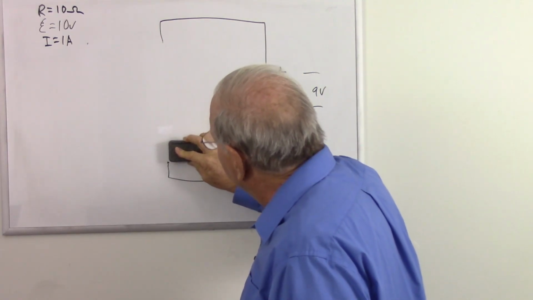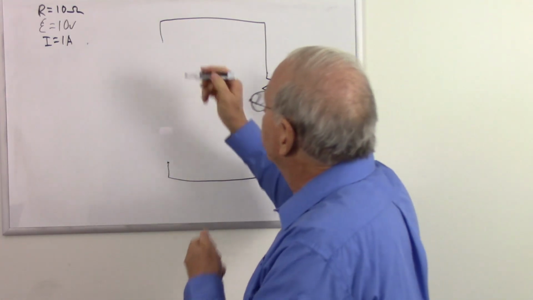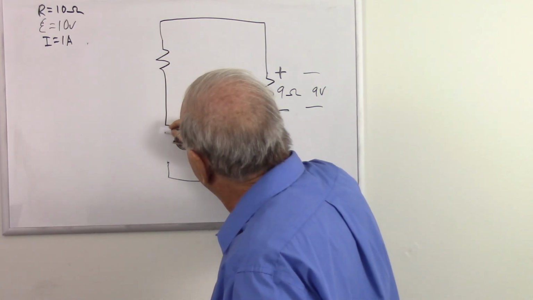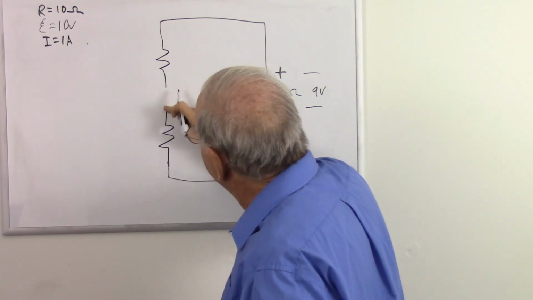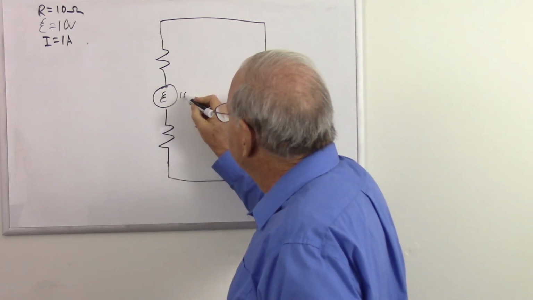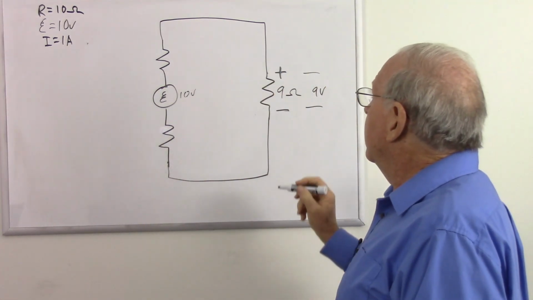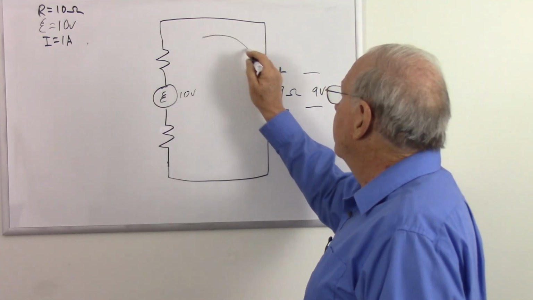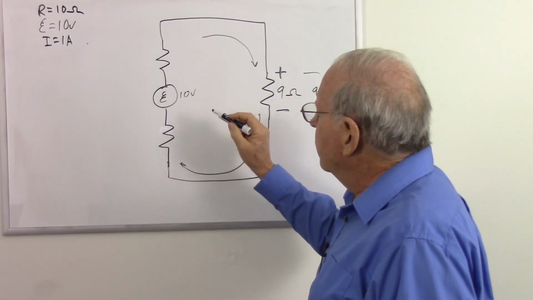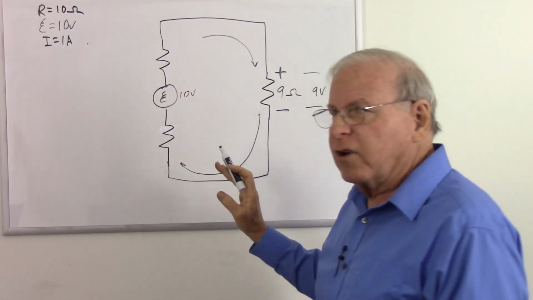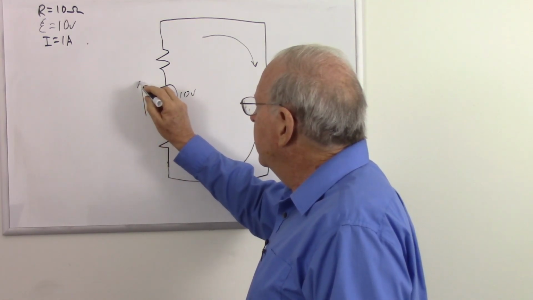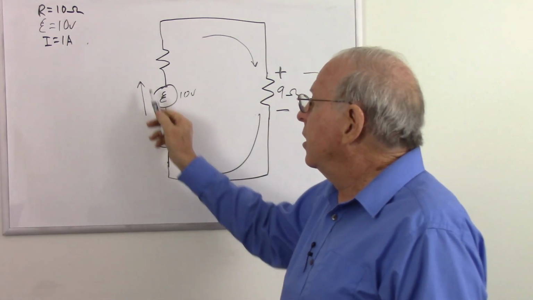So I'm going to divide that into two resistors, and let's see if this works. There's resistor 1, there's resistor 2, and we'll put a source of EMF right in the middle. 10 volts of EMF. Okay, let's look at our currents again. We have our current flowing into here, causing us 9 volts. Currents flowing over to here, and we see that there's going to be a total of 1 volt across that resistor. Let's not look at that just yet, but we do have 10 volts of EMF pushing conventional flow in